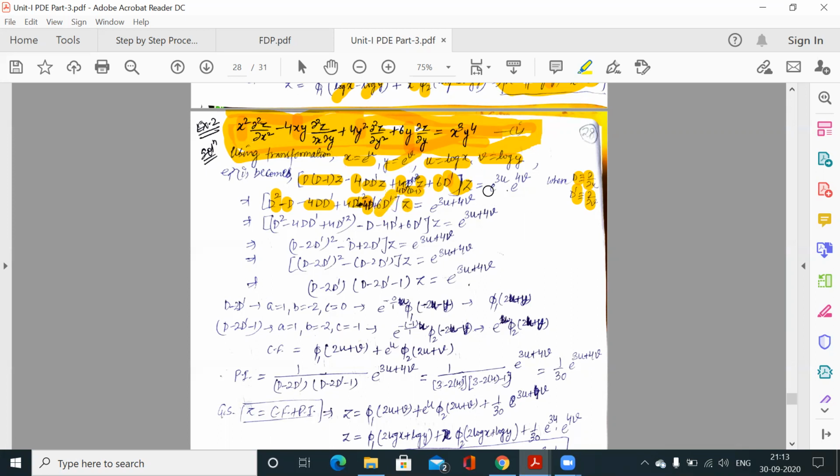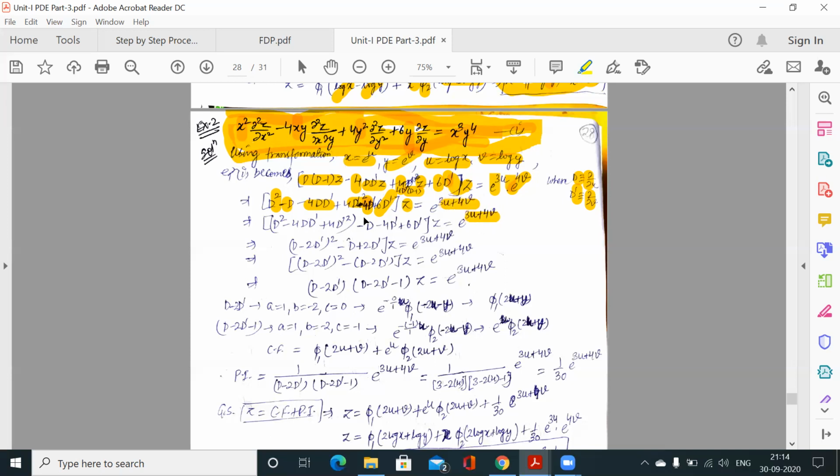And if you observe the right hand side, because we have transformed x and y into u and v respectively, so this x and y must also be converted into u and v. So what is x? x is e to the power u. So x cube means e to the power u to the power 3, so e to the power 3u, and y to the power 4 means e to the power v to the power 4, so e to the power 4v. The bases are the same for both exponential terms, so 3u plus 4v.